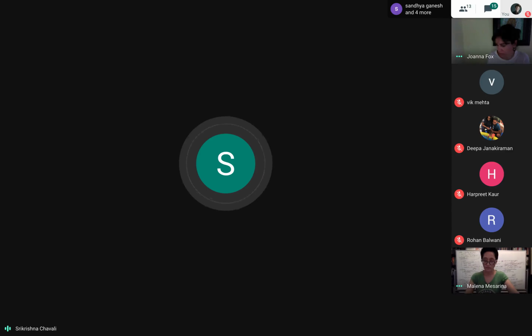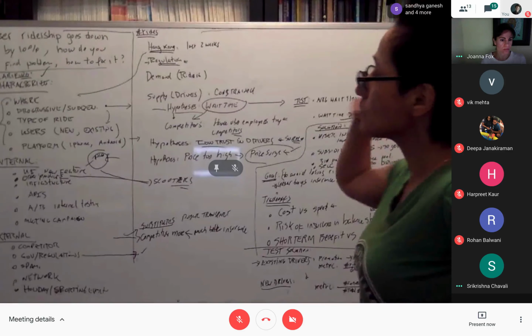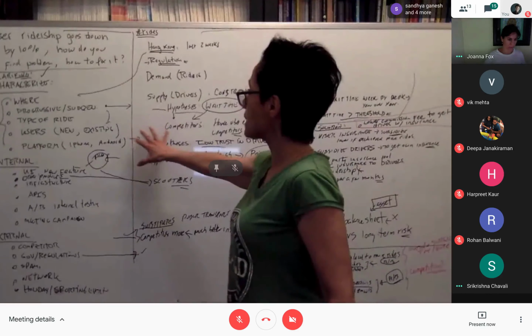Because I think here we have considered other steps in our framework, despite knowing that there is something wrong with insurance, and that could primarily be the reason for the ridership drop. Do you think it makes sense to just continue that path, or should we still keep looking for other reasons that might have contributed?